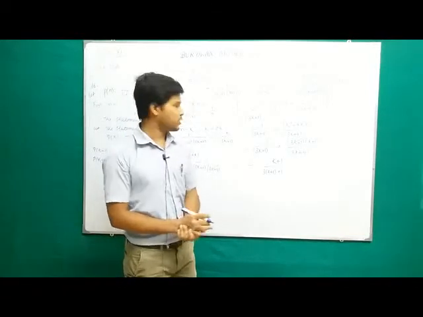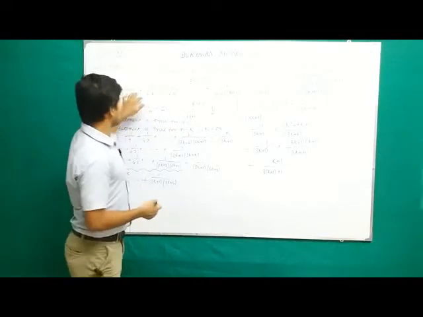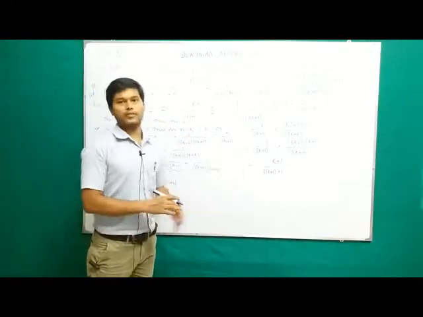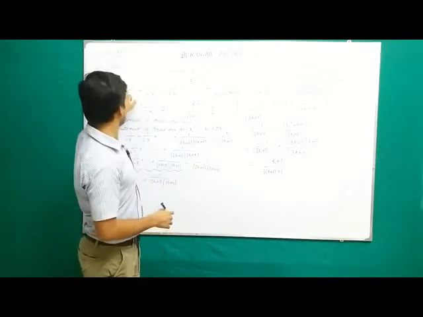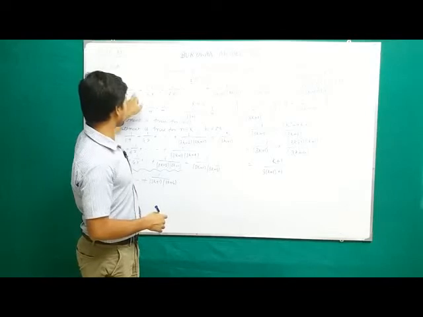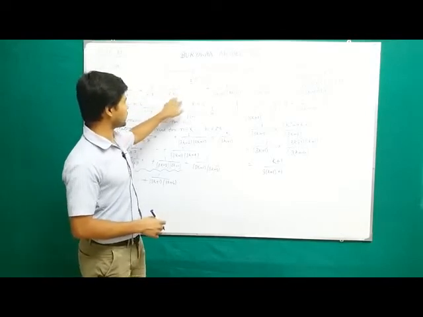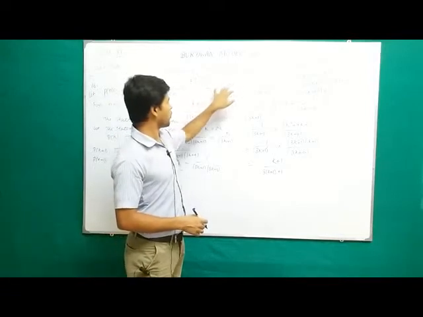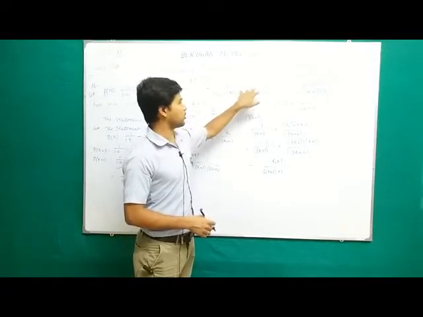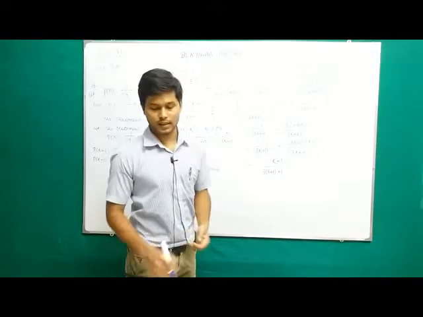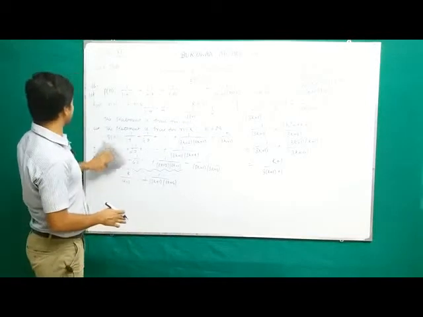So by principle of mathematical induction, we can say that the statement is true for every value of k, where k is an arbitrary natural number. That means 1 upon 1 into 4 plus 1 by 4 into 7 plus 1 by 7 into 10 plus dot dot dot 1 by (3n minus 2) into (3n plus 1) is equal to n by (3n plus 1), and hence proved.